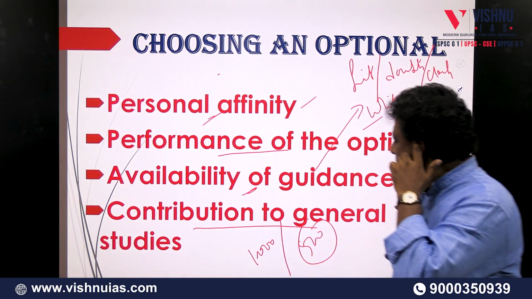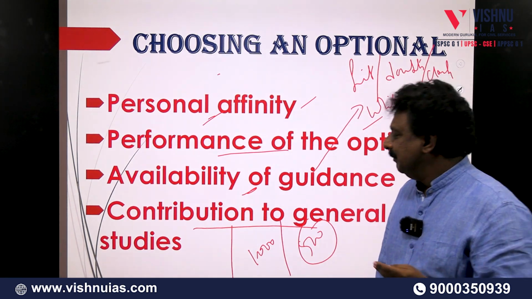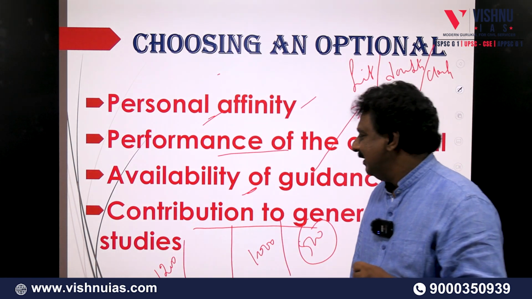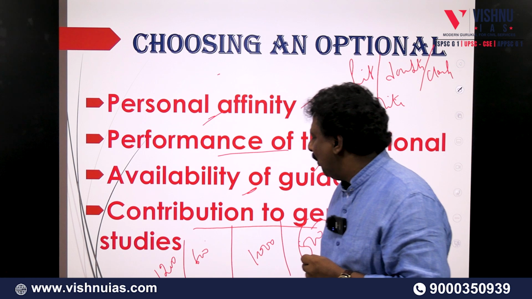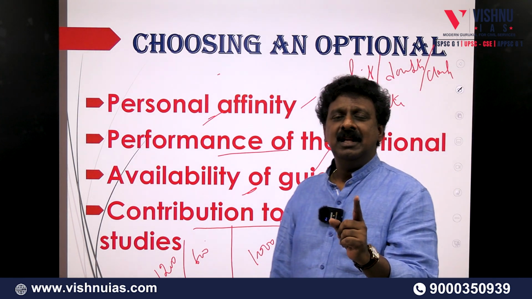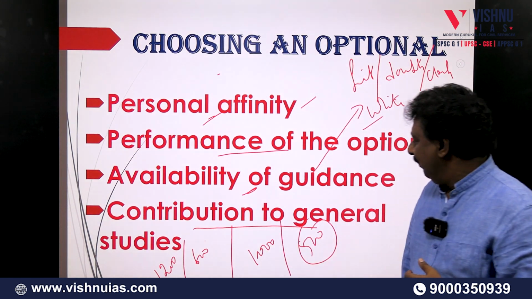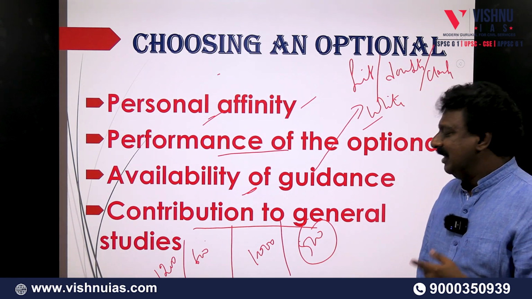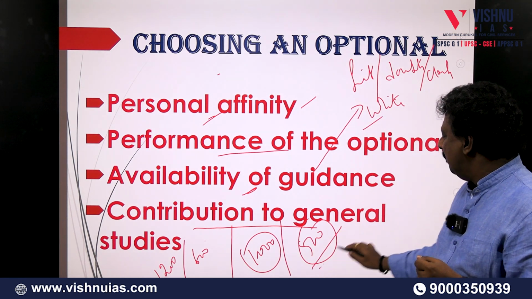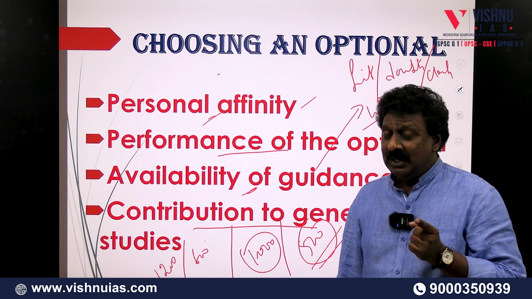Please remember that in the previous scheme of the civil services examination, there used to be 2 optionals, and both the optionals used to account for 1200 marks, and GS accounted for 600 marks. Therefore, the weightage for the optional was double compared to GS. Therefore, the candidates were required to be strong in the optional to clear the civil service examination and to hope for a good service. But now, it's the other way around. The weightage for the 4 common papers is double compared to your optional. So, you've got to be strong in general studies to clear this examination.